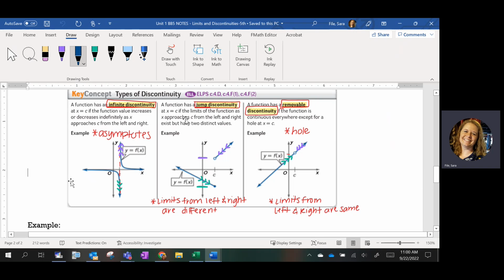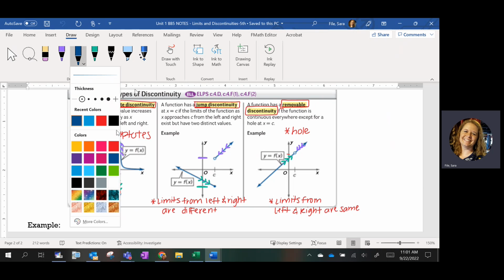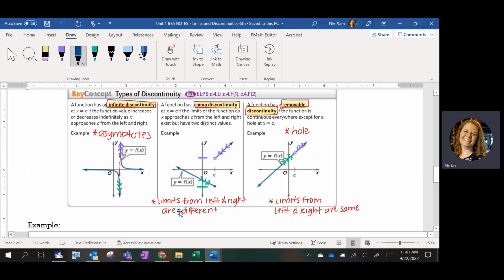Okay, then the second option was the jump discontinuity, and it happens when your left limit, so as we approach a specific x value, in this case c, as we approach from the left and as we approach from the right, we're going to two different y values. Okay, and so the limits from the left and the right are different. Now, what I want you to add there is that if the limit from the left and the right are different,